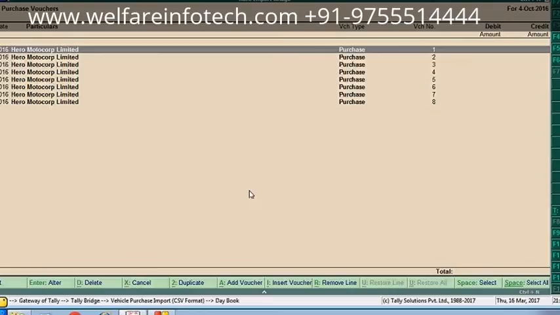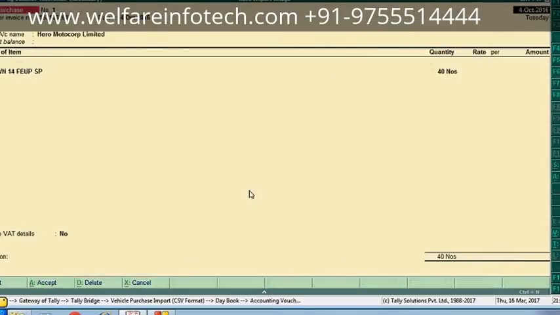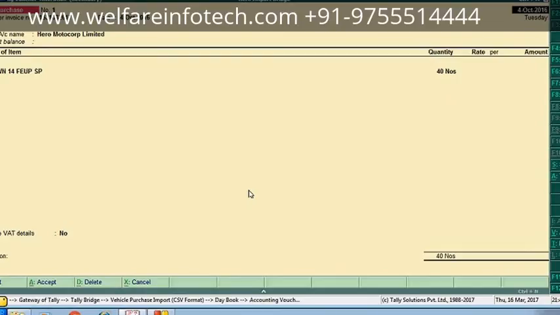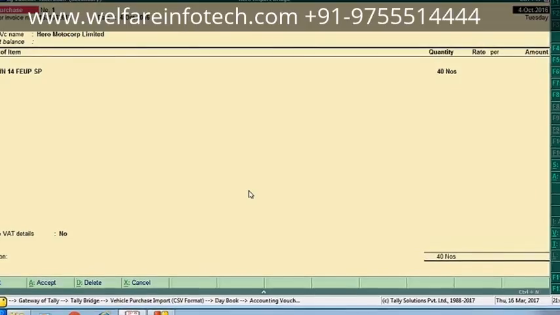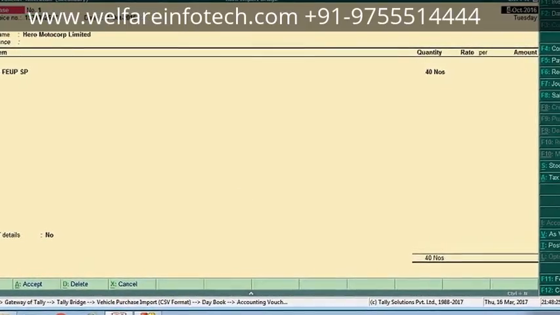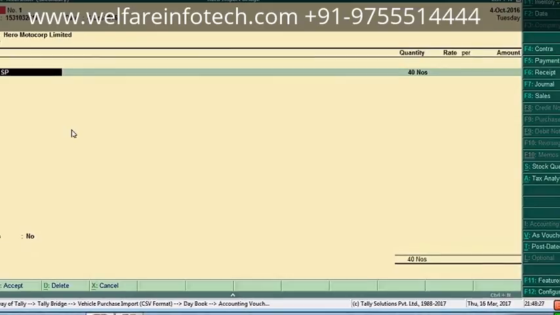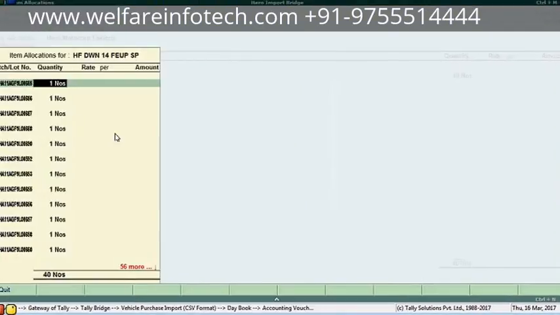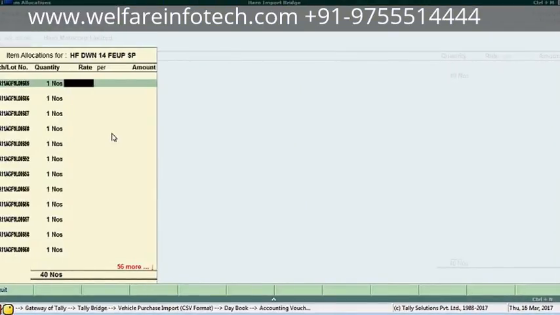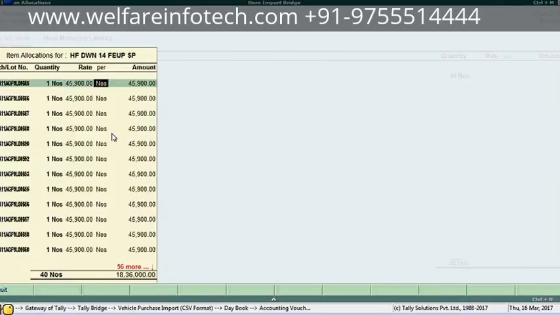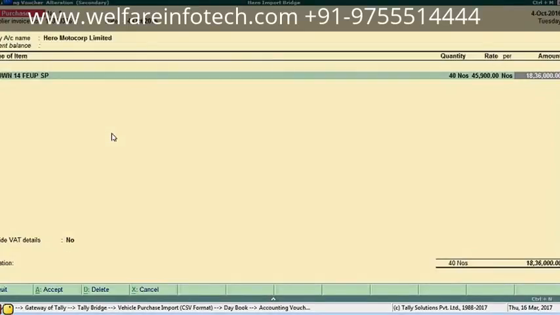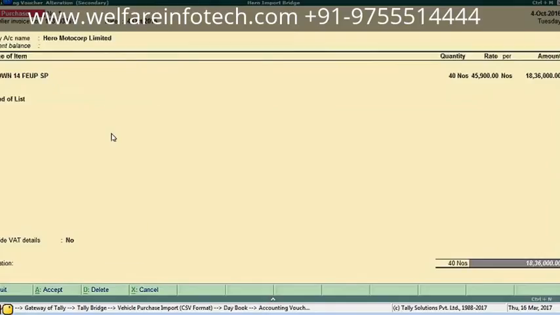but you can see the amount is not taken by the vouchers. Why? Because you can see in the invoices you have received from Hero there are various charges, so we cannot put the rate of the model in the rate amount. We have to add the charges to the rate, and we will calculate the average rate, what is the landing cost to the dealers. So we have to put that landing cost for this model, not for each and every chassis. You put it for one chassis, it will automatically capture to all, and now you can save it.